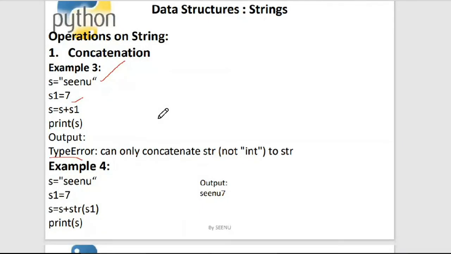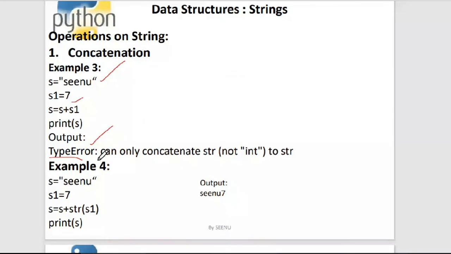Here, don't neglect the name of the error, okay, because this is an interview question. In Java, generally what happens is they'll give you a situation and they'll ask you to identify the error. So it is very important that you keep the name of the error in mind. Like they may give you this program, and in the options, they may give you type error, index error and all that, and you have to choose the one error which is related to this. So the name of the error is type error.